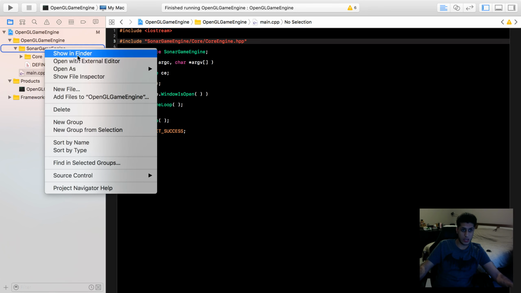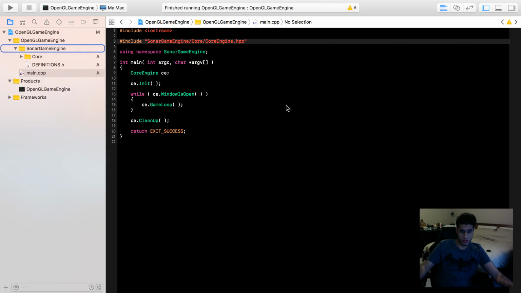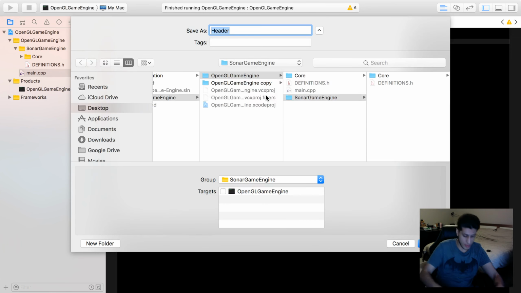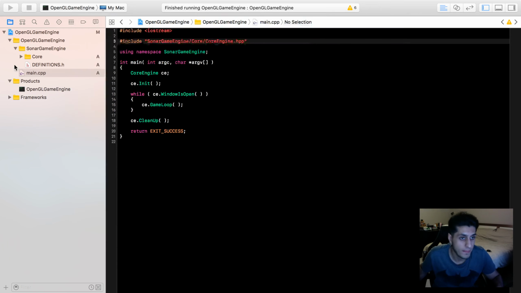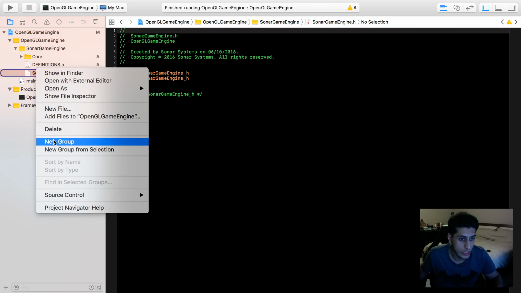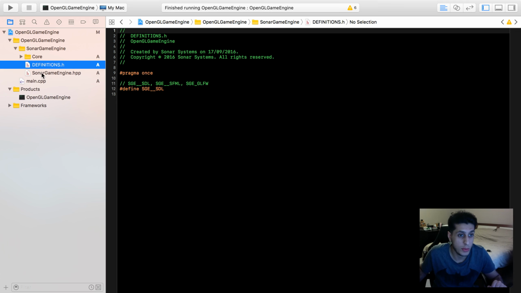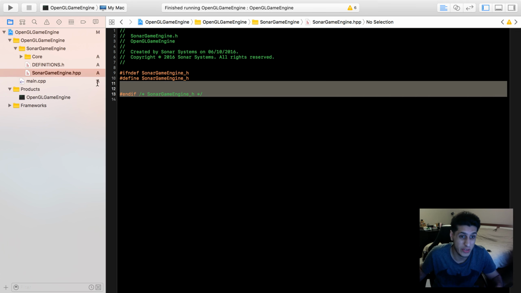is have a new file. It's gonna be a header file, and it's just gonna be Sonar Game Engine .hpp. So I'm going to rename this to HPP. Realistically I should rename this as well, but before I do, because I'll cause errors, what I'm going to do is